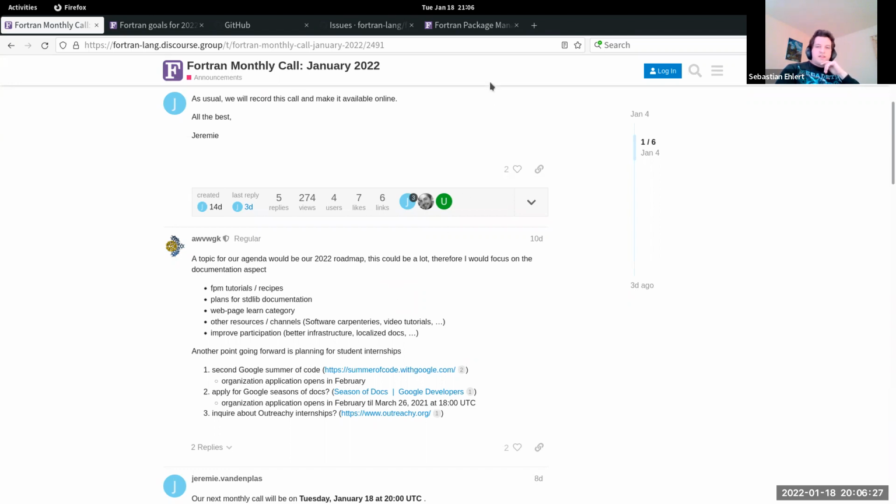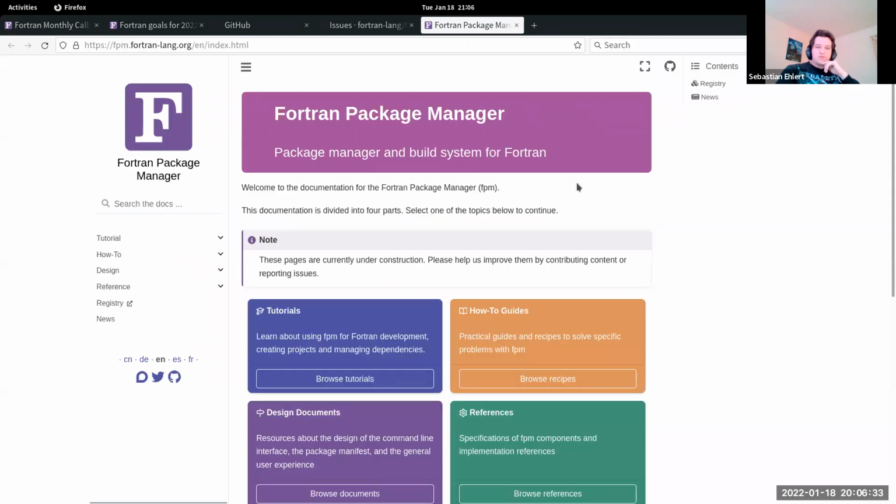And as a starting point, I would suggest to take something that we already have, like the FPM documentation, which we did last year, and see which parts of this infrastructure can be used to make it easier to write documentation.